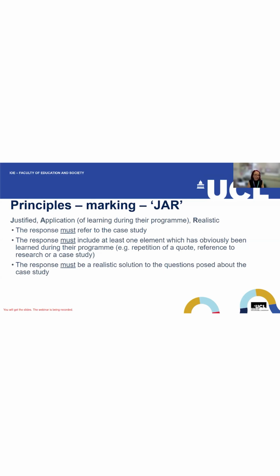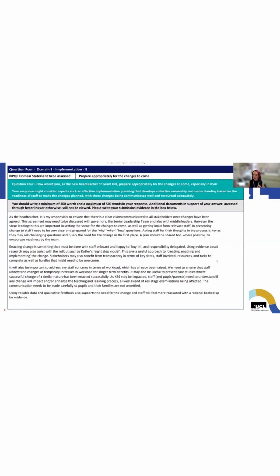So there's no point in saying things like, in this primary school, in order to solve this problem, I need to employ 5 more teaching assistants, when the school clearly is in a deficit budget and couldn't afford those teaching assistants. So you've got to make sure that what you're proposing is realistic for this particular school. So I'm just going to pause. I'm just going to give you a couple of minutes to read through this example, and then we are going to unpick it in relation to the question. So just a couple of minutes for you to read that.